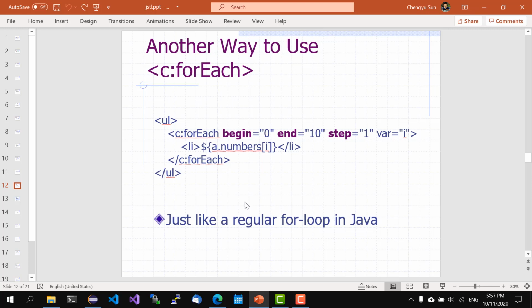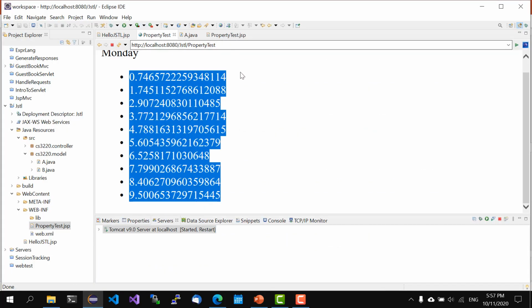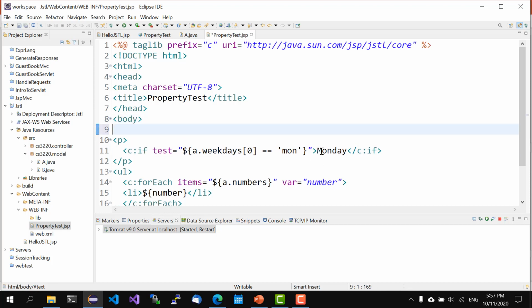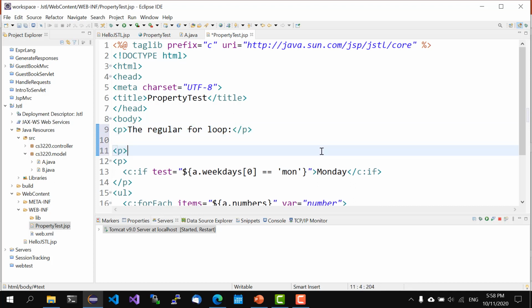And we can do the same thing using the forEach tag as well. So we can, for example, let's call this the regular for loop, and let's call this one the enhanced for loop,